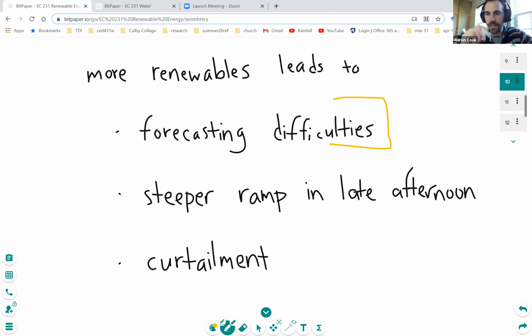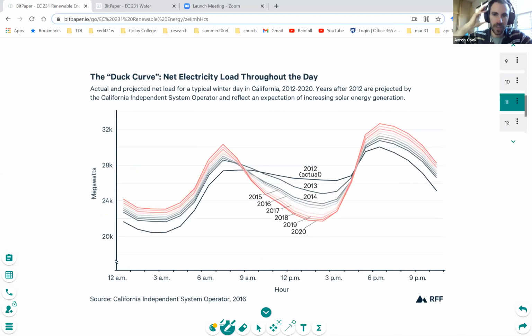And in particular, one of the things that makes this very hard is that it requires a very steep ramp in the late afternoon. And this is where that 25 megawatts per minute number comes in. So there's something called the duck curve, which is the amount of net electricity that's required during the day, which as we've incorporated more renewables into the grid, has been low during the night, then it's increased, and then it's been kind of flat. It's flat during the middle of the day in 2012 because energy demand is high, but also renewable production during the day is high when the sun is shining. So it kind of flattened out a little bit, and then it would increase in the late afternoon